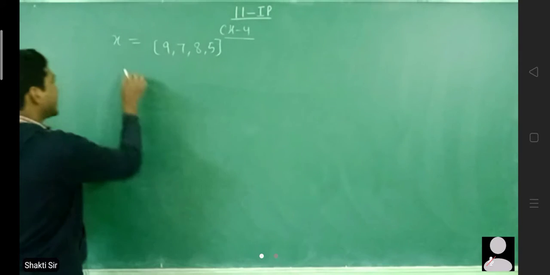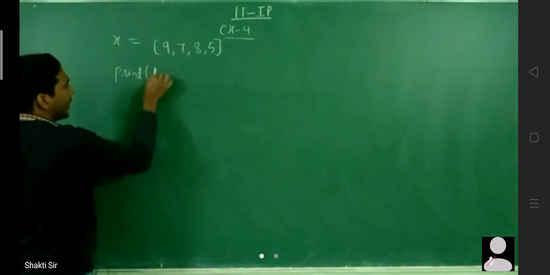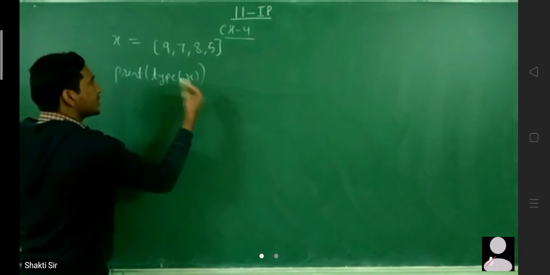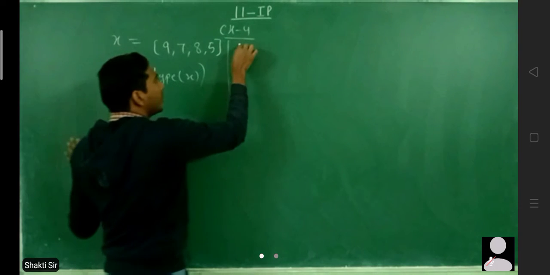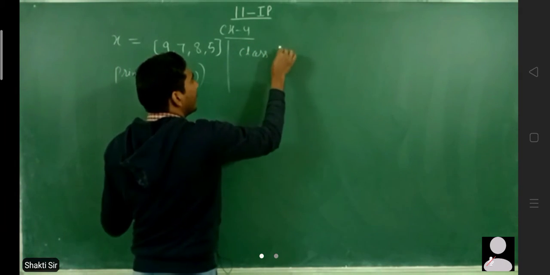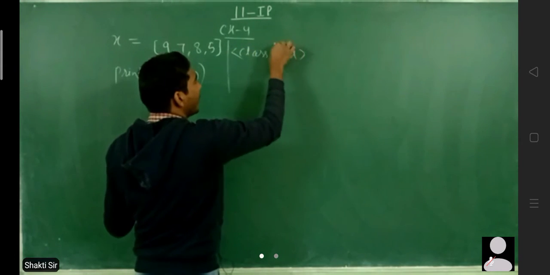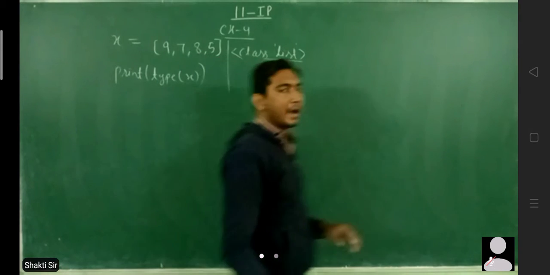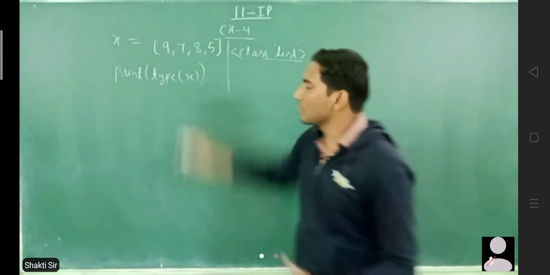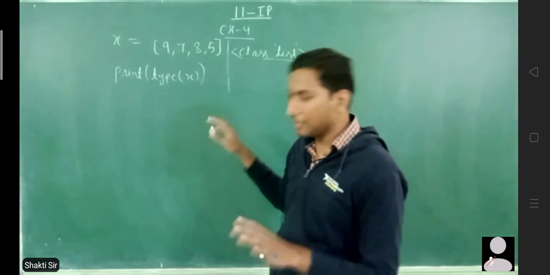So basically we use a type function. Inside a print function you can use a type function, and inside type you can pass the variable x, which is a list, and onto the output window you will have an output something like class list. Here you can see that list is written. That means that x is a variable of type list. So now it is clear that it is basically a list.